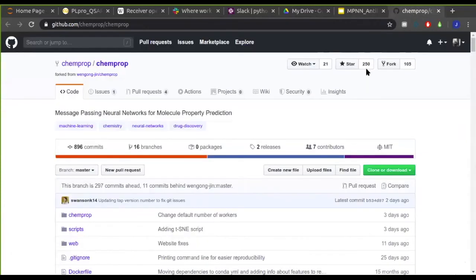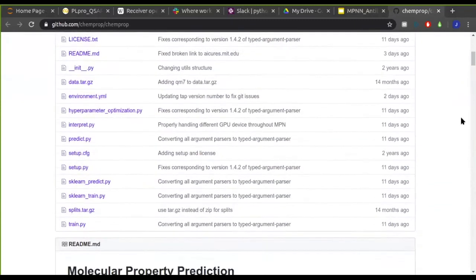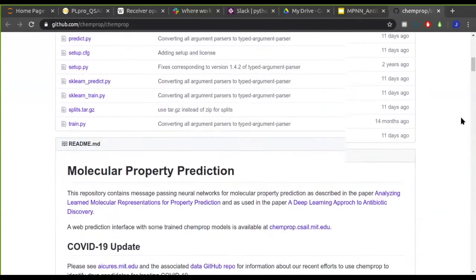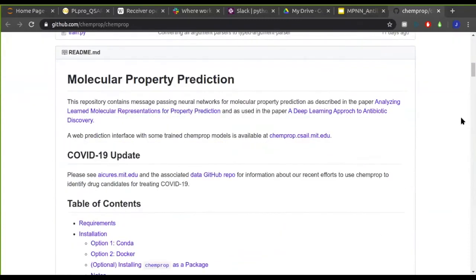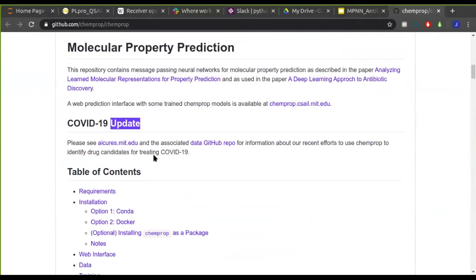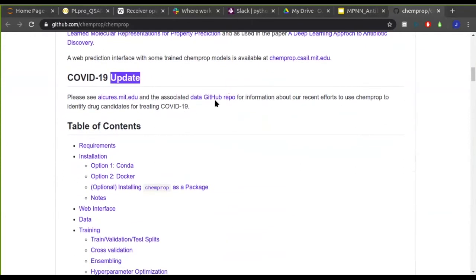And if we follow the link to the source code, we get taken to this website called GitHub, which is a public code repository. It is pretty much an industry standard to publish your code on here. Definitely the University of Manchester has a lot of stuff on here. And this is the chemprop page. It comes with a README file, readme.md, that gets rendered here. And we can see here that the author, Kevin Yang, has made a new repo that contains